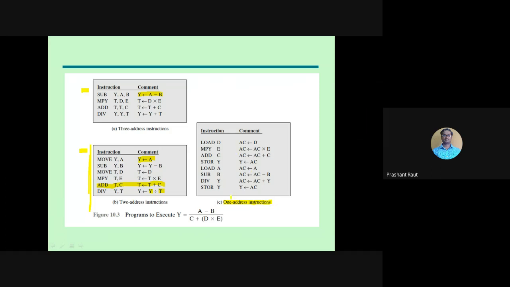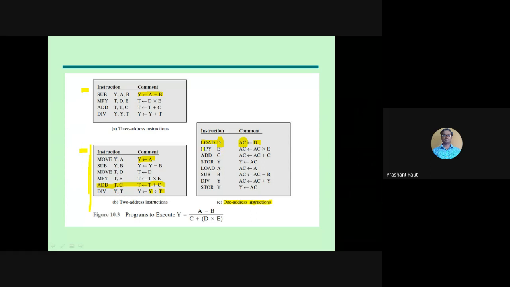So in the case of a one address instruction, the default register will act as an accumulator, AC. So AC is the register. Whenever we do not mention the second operand, by default we take the second operand as the accumulator. So whenever you say here load D, how many operands are involved? Just a single operand, that is D. By default we are loading the D value into the second location, and that second location is by default the accumulator. So there is no need of mentioning the second operand field. Now you perform storing of D into the accumulator.